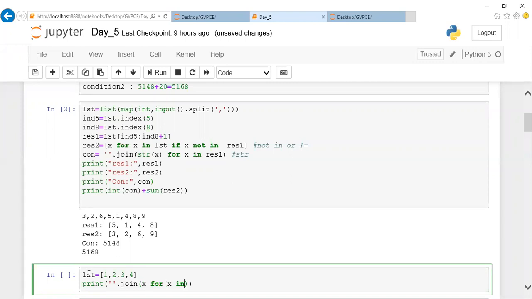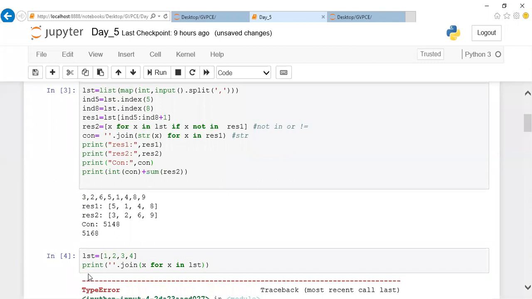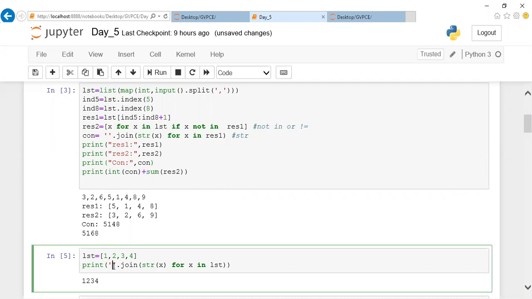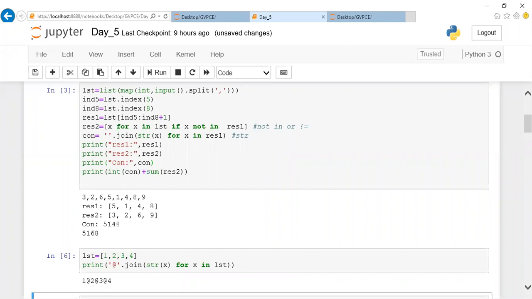For x in list, each and every data I'm going to take. Sorry guys, here it should be string type, right? So this data will be joined like this. If I give any character here, like at the rate, you can notice that the data will be joined based on the at the rate.